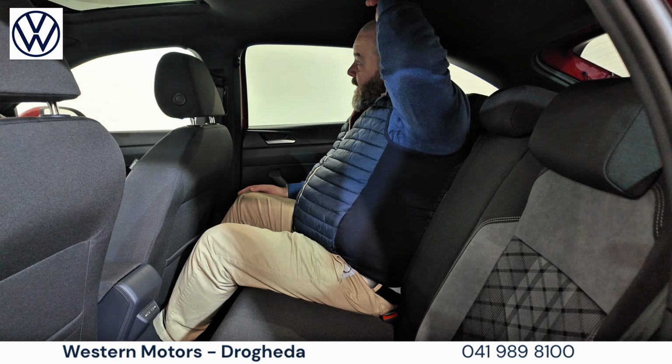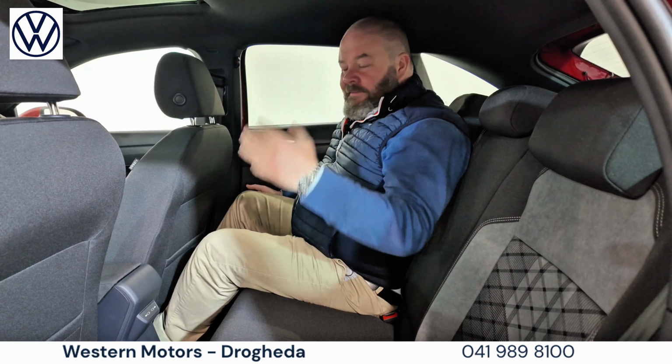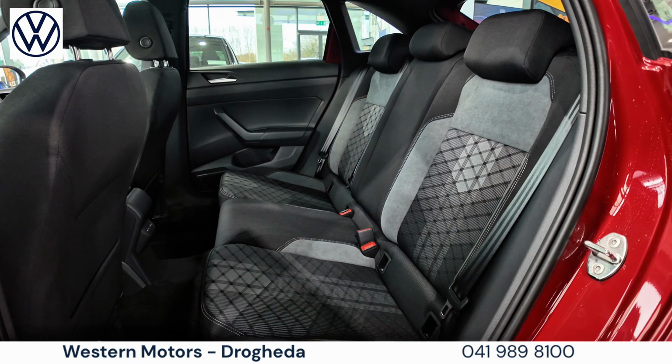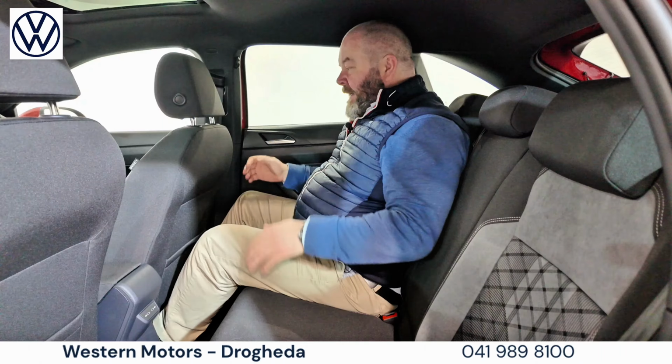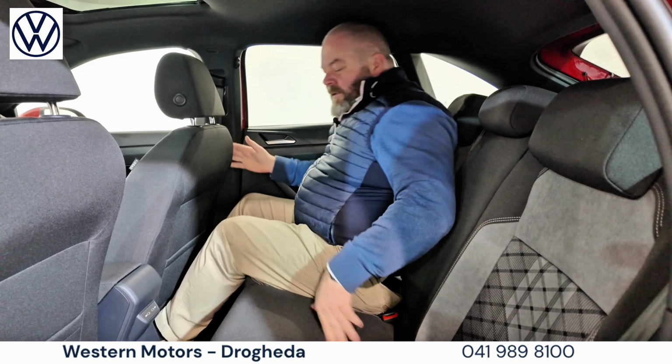Above my head, I'm getting slightly more than 2 fingers of headroom, so an inch or an inch and a half above my head in terms of space. The car is longer than a Polo, and we get that space. It's really clear that that's what's happening. We have an extra couple of inches in terms of length. It's not madly wider than it though, so it's still very good, because